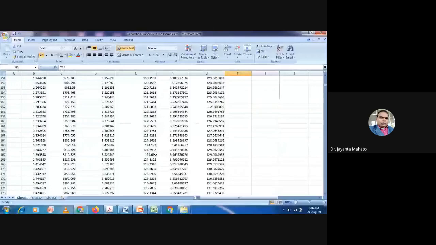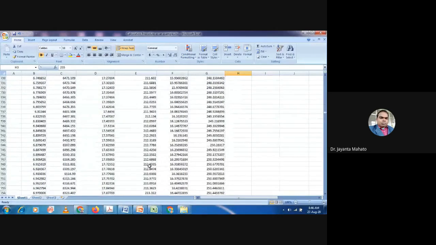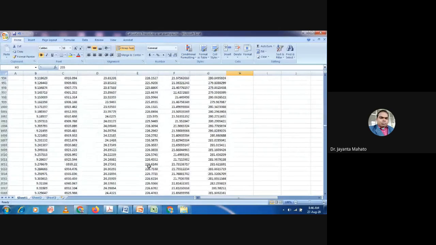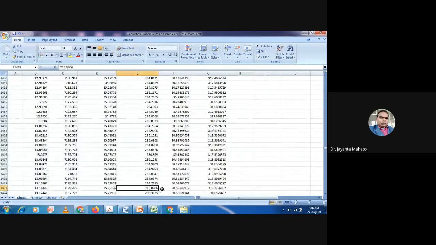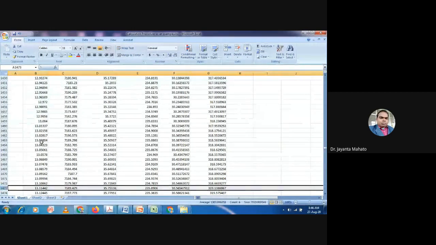Just scroll down. This is the 235 value, and this is up to your uniform deformation.